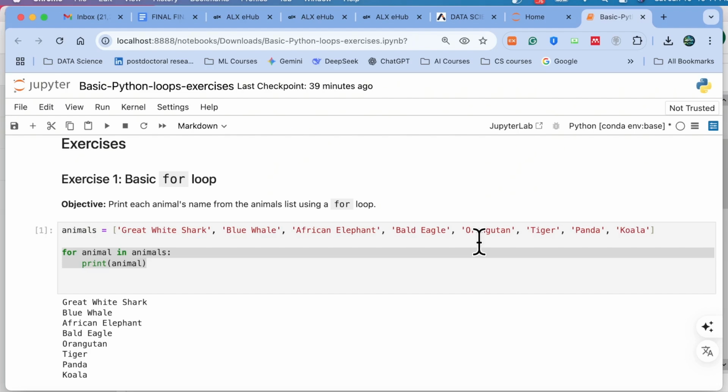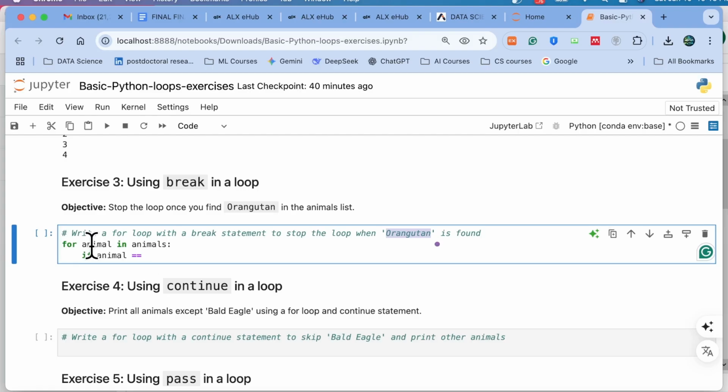equal to this one, this animal. When this animal variable equals this animal, which is a string in this case, what would be the action? Just break, right? Break. And then